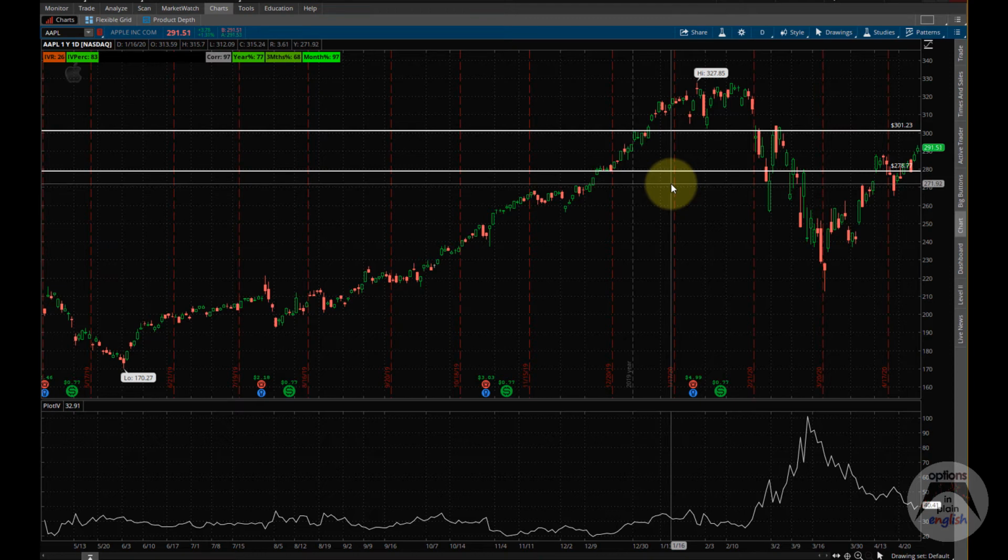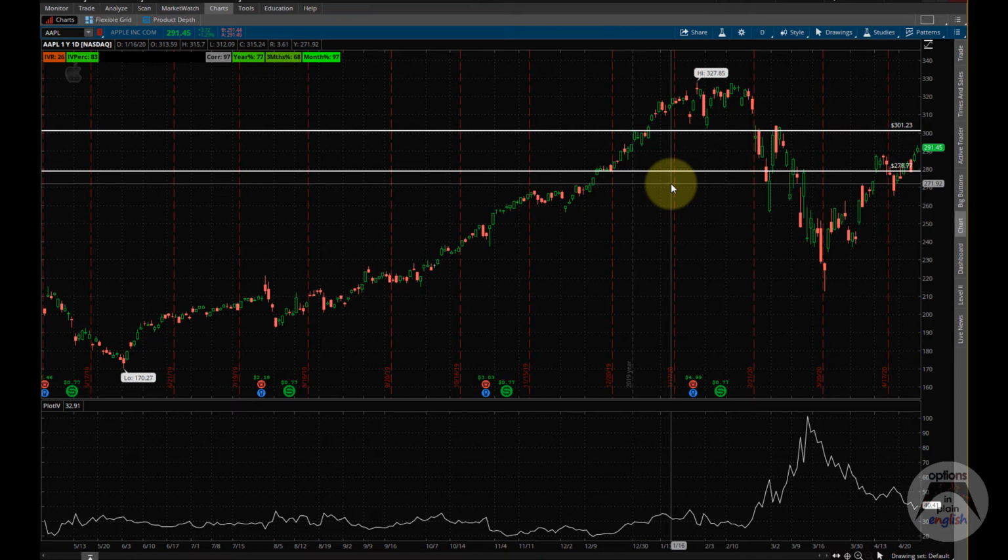I just want to risk less money. I still want to have a strategy that gives me a one-to-one risk to reward, or a one-to-one max profit to max loss scenario. But I don't want to put down $1,100 to bet on this earnings play. Maybe my maximum amount, because of my portfolio size, would be, I don't know, 500, 600, it doesn't matter. You want to make that bet smaller, but still keep the basic relationship, or the basic ratio between max profit